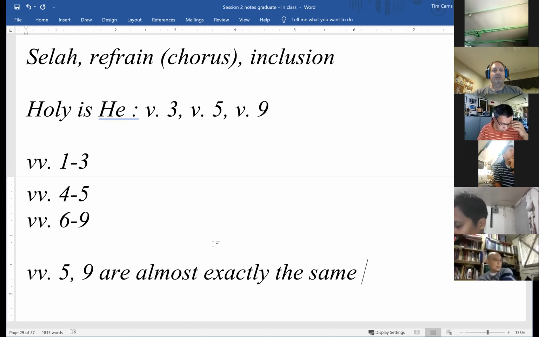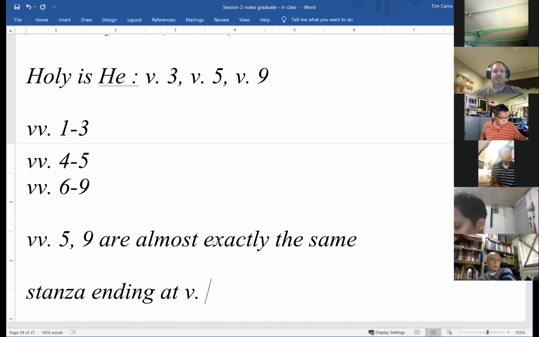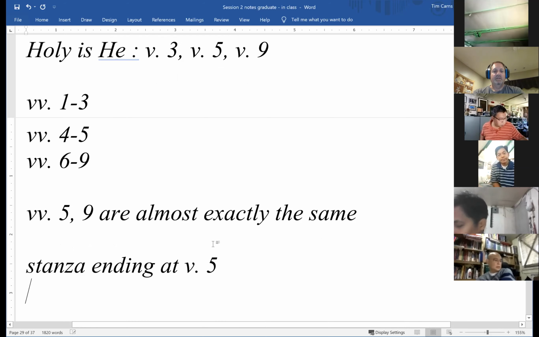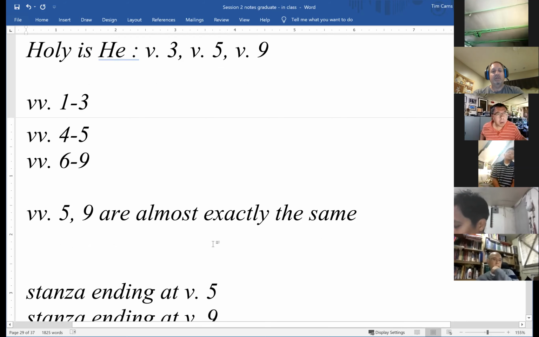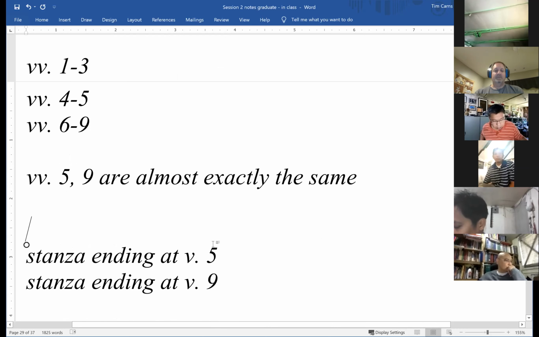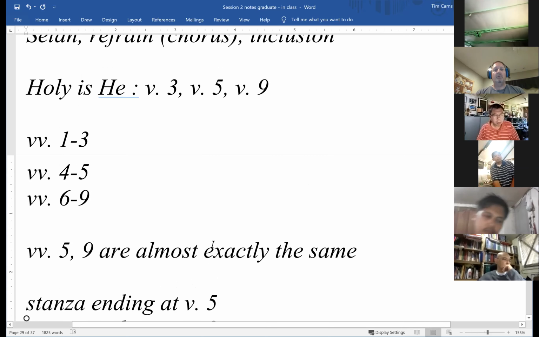Yes. So here we see again that would indicate, at least, one stanza ending at verse 5, and then another stanza ending at verse 9, and then by reference to "holy is he," which is again what we noticed at first, there appears to be a stanza ending at verse 3 as well. Okay, so structure markers seem to point to two or three stanzas. Yeah. All right. Now,